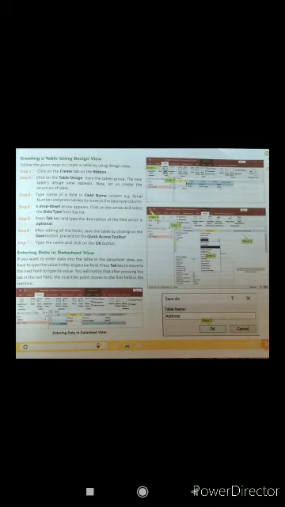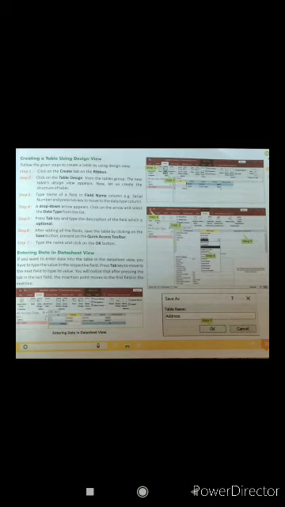Then press the tab key and type the description of the field, which is optional. If you want to confirm which kind of address you are asking for, correspondence address or permanent address, you can add that here, but it is optional. After adding all the fields, save the table by clicking on the save button. The same will be there as we have seen in datasheet view. Type the name and click on the OK button.